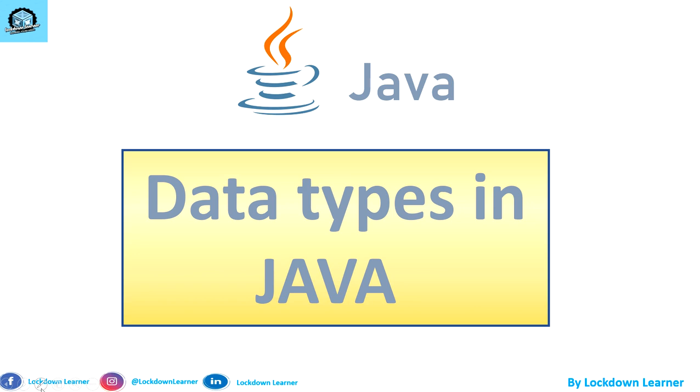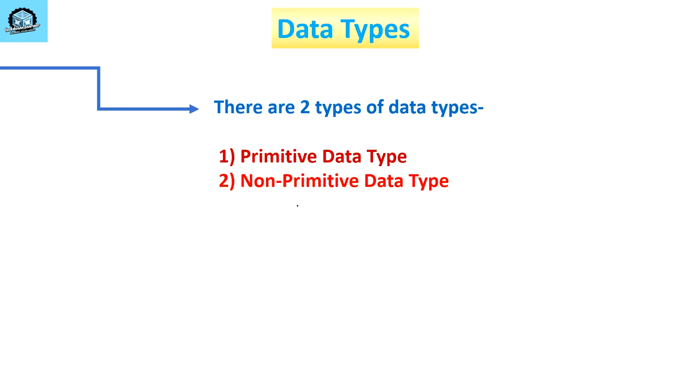In this video, we will be doing data types in Java. Okay, guys, we will be seeing different data types in Java, which you have studied earlier also in C, C++. If you are doing this language as the first language, then you will be new to it. Now we are having two types of data type. You already know what a data type is, defining type to the variable.